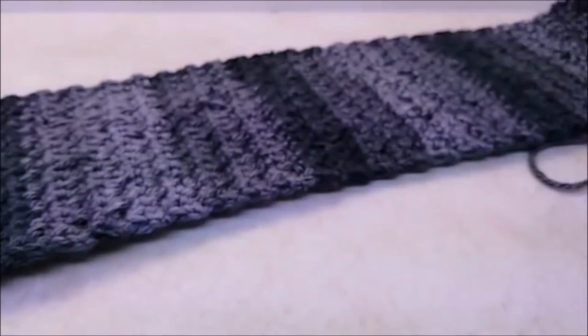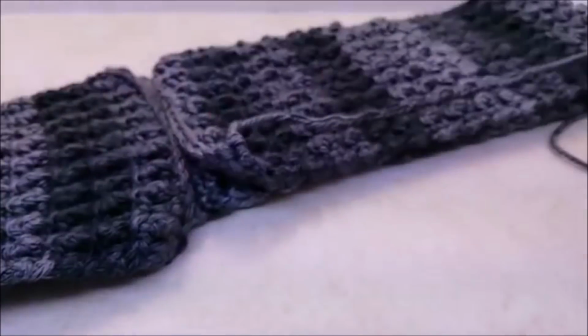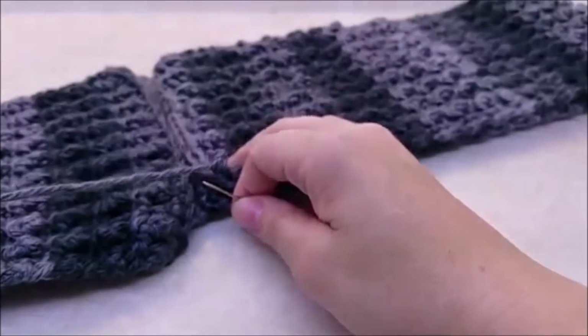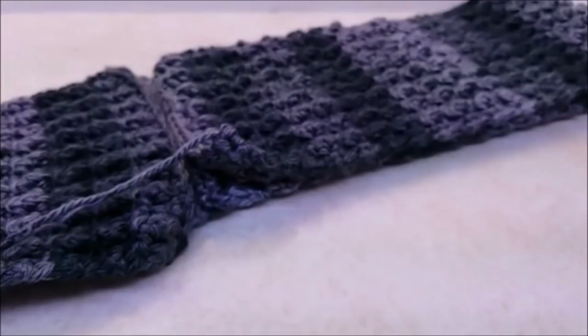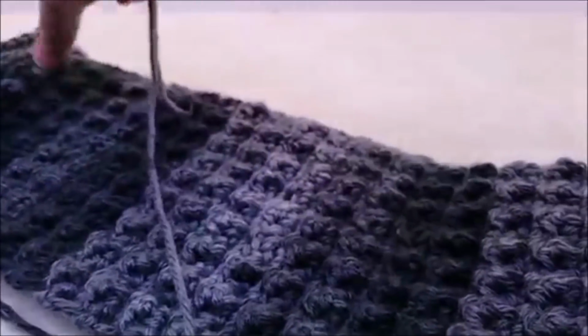So once you get that done, 195 rows, and clip your yarn, you want to put your ends together like this, and then you're going to need your yarn needle. That's how I'm going to sew it together, with my long tail that I left. I'm going to put it on the yarn needle,